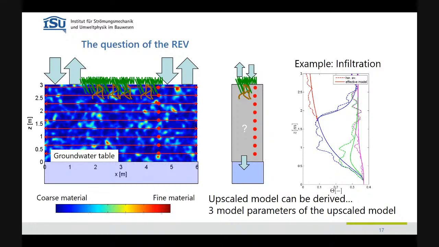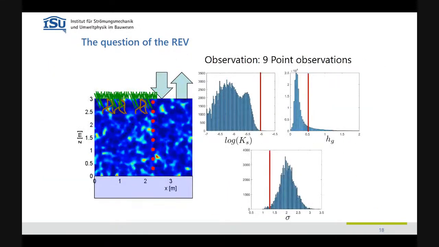However, now I assume that I have sensors and I see the whole thing from top to bottom. So this is here not the problem, but I see only points. And if I see points, can I find the parameters? No. So this is if I see points. Again, this is from a parameter estimation. I have here my 3 parameters, whatever they are. The red values is what I should find. And my posterior distribution is the blue thing. And I'm absolutely off. So the points are just not representative for what should be predicted.